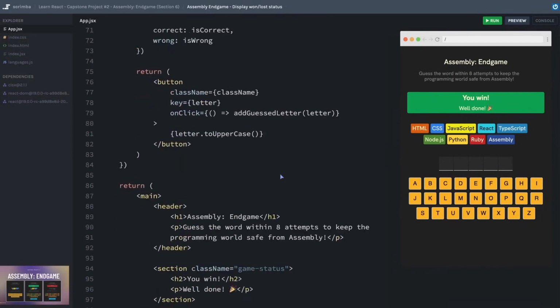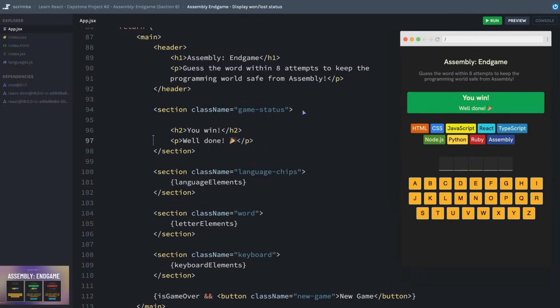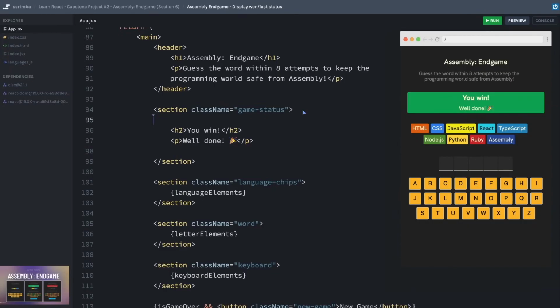Let's come down to this section, and we're going to be dealing with this section right here. And as I mentioned, we don't want to conditionally render this whole section because things would start to jump around on the page. Instead, we can conditionally render what's inside that section. So we will open this space up a little bit. One point of trouble that you may have run into is that we get an error if we surround two of these elements in curly braces like this.